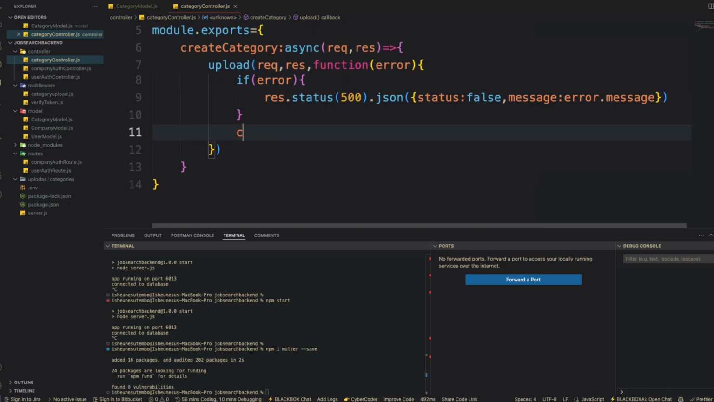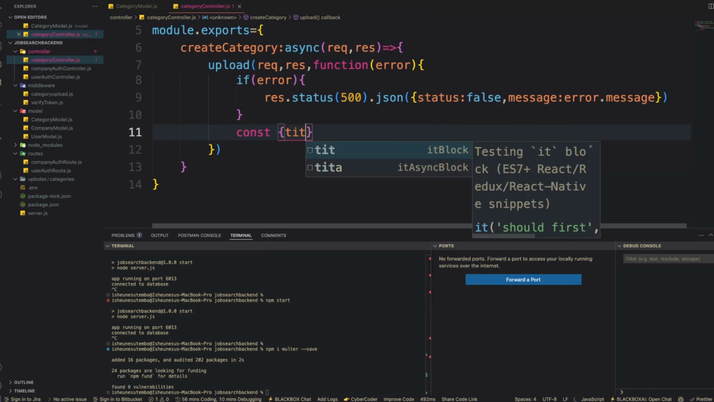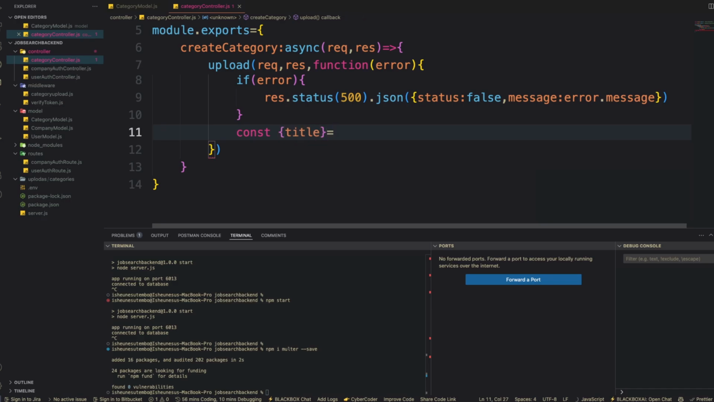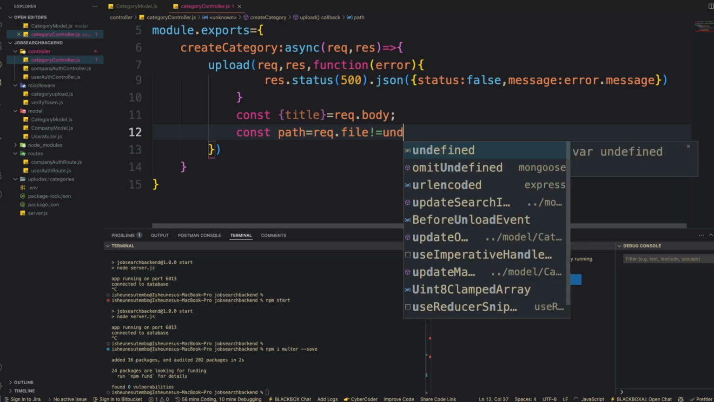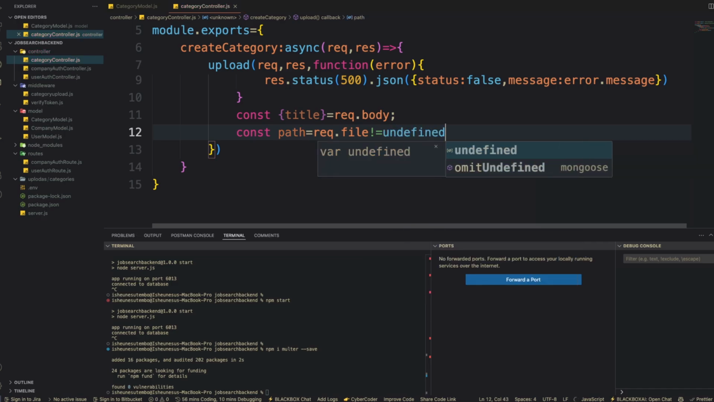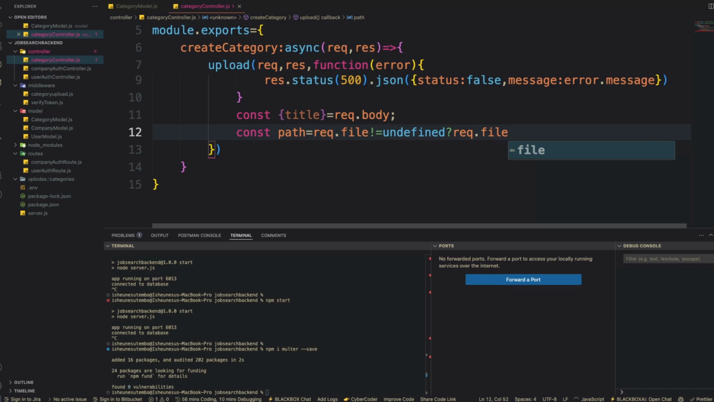Now we need a title. Our title is going to come from request.body, and then we also need a path. This is going to be the path for our image. It's going to come from request.file, making sure that it's not equal to undefined. If it's not equal to undefined, then we take request.file.path